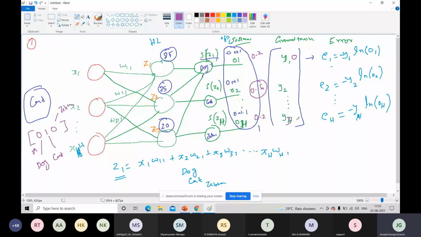So this is our ground truth, which means this is the label which we get from the training data, and this is the output which we get from the neural network. So with the help of these values, we will calculate the loss. So we know that E1 will be 0 because the ground truth is 0 for y1. Multiplying anything with 0 will give you 0. So the error at this will be 0, and E3 will also be 0, but E2 will be